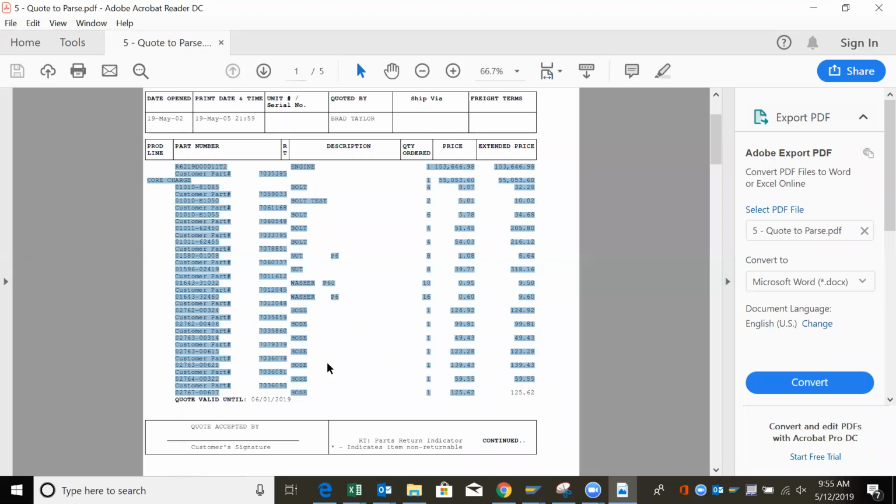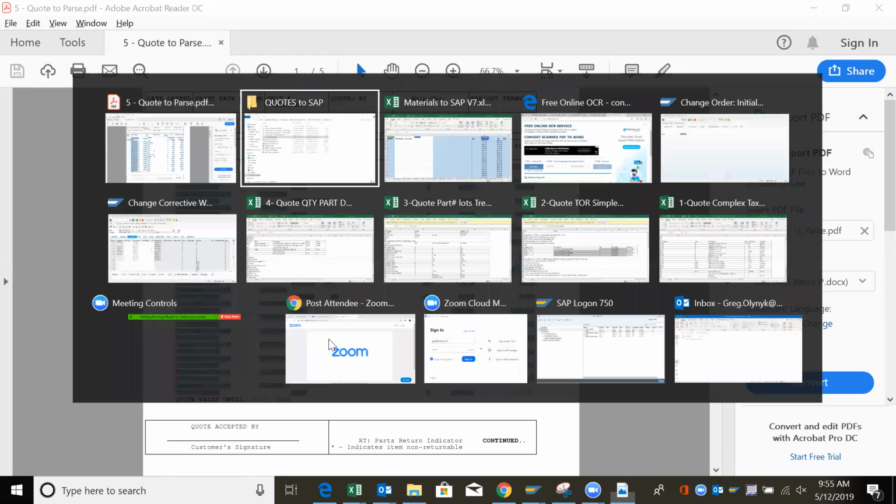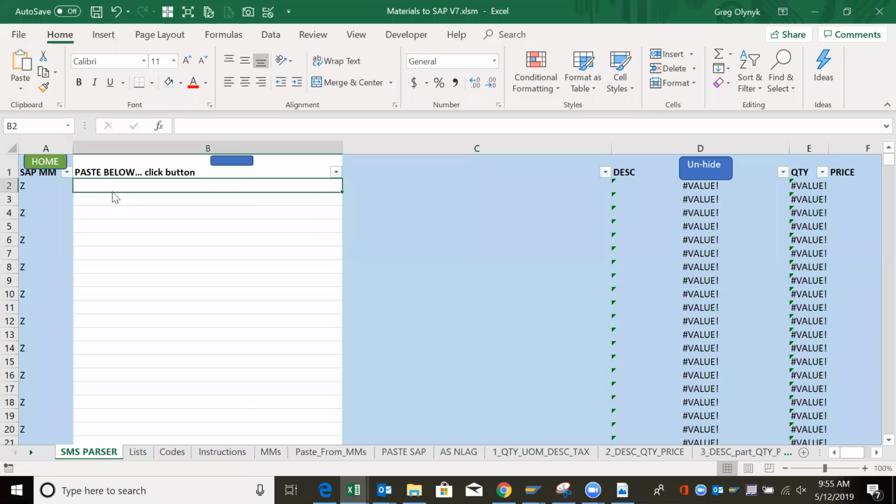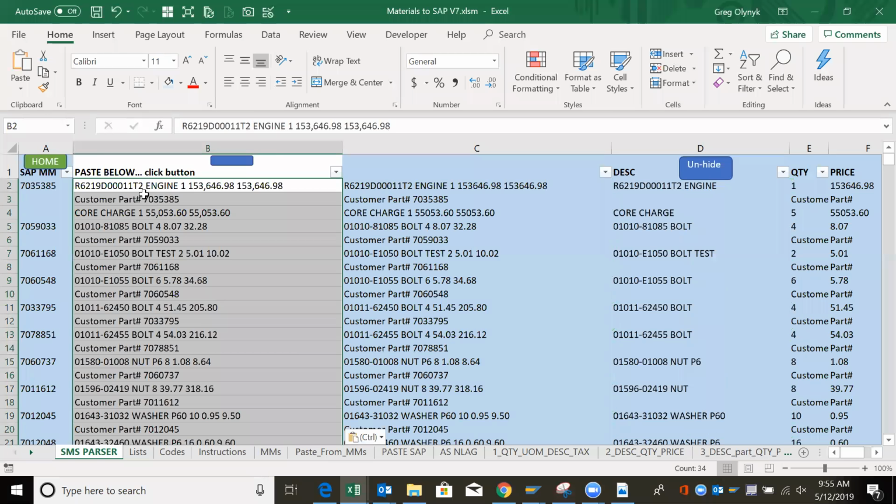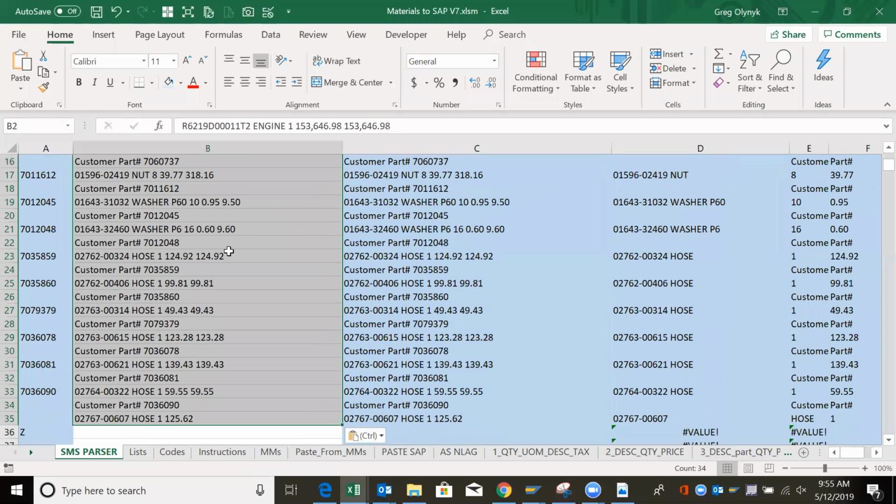I don't want the quote valid until, so I copy that. And watch when I paste it into the template here. It pastes as one chunk of data all wrapped. But that's okay. These formulas here extract the information like the heading, the material number, the price, the quantity. These formulas extract from this data. So then I just go down to the next page